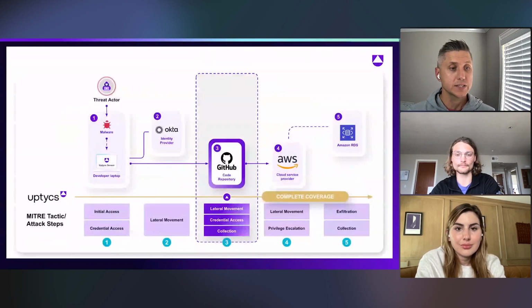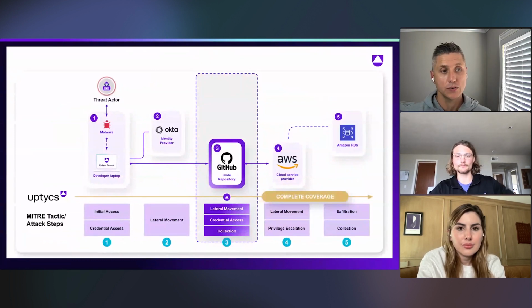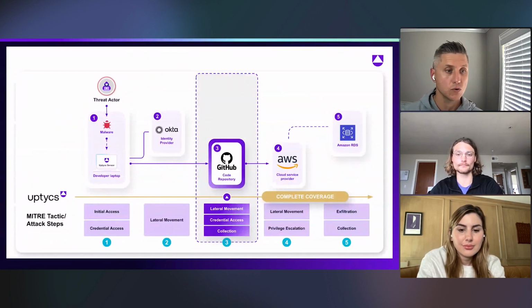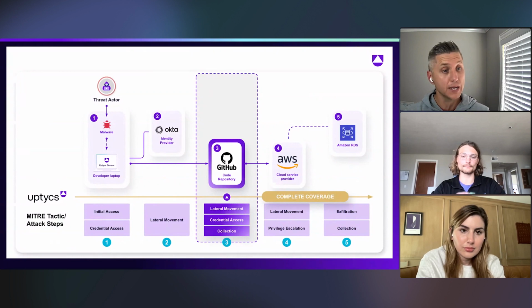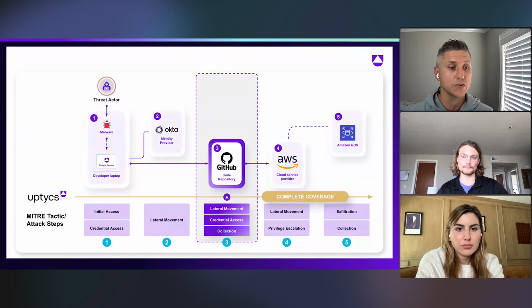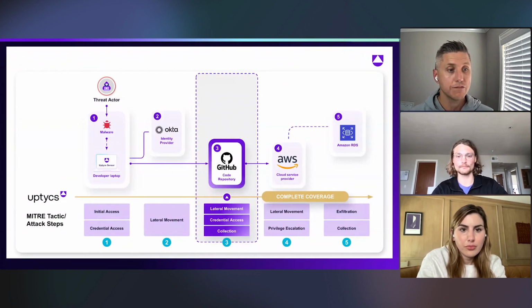So now that the threat actor has hit a dead end with Okta, they move on to GitHub. And again, GitHub is a very, very resourceful target for threat actors. The reason being, it's source code. That source code can hold secrets. That source code can be manipulated to include or inject malicious code. So as they upload it, it has malicious intent behind it. But what we'll see is how the threat actor was able to find a file in the developer's Git folder.